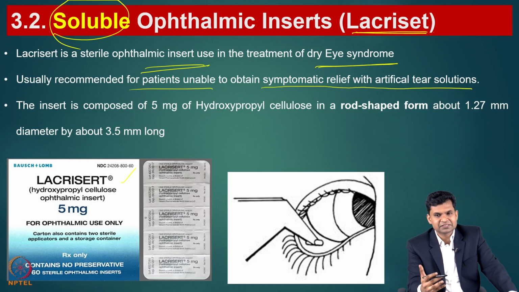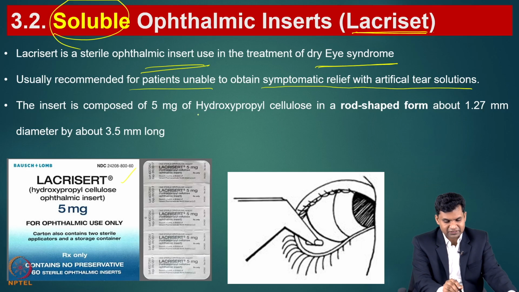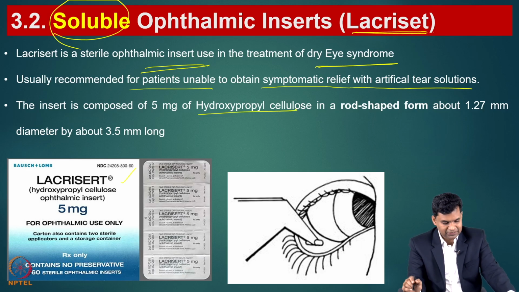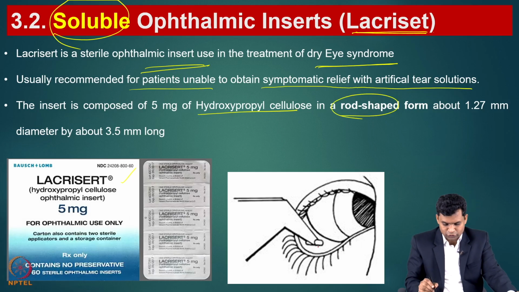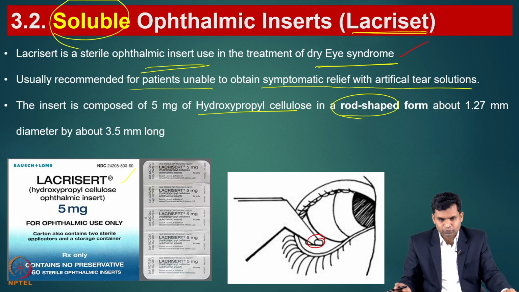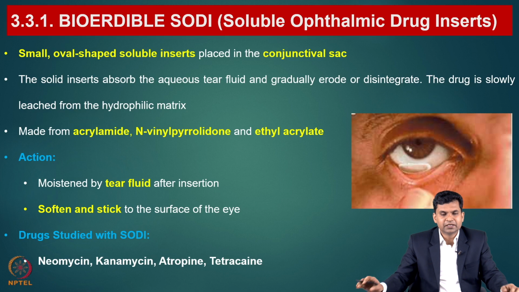It will replace the artificial tear fluids, and it contains hydroxypropyl cellulose and comes in a rod shape. You can see this in the picture, that it needs to be placed in the eye, and it will help for the treatment of dry eye syndrome. Yeah. And the third category is